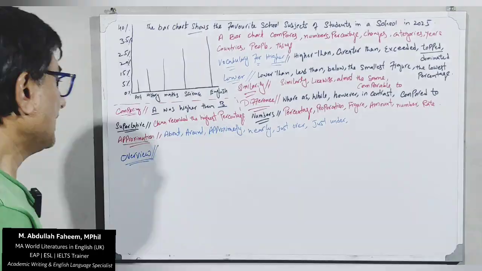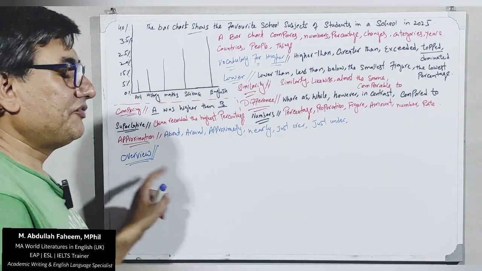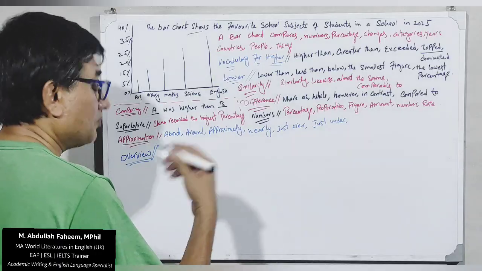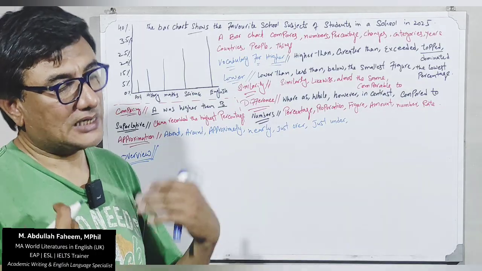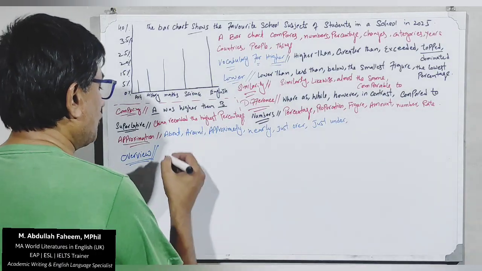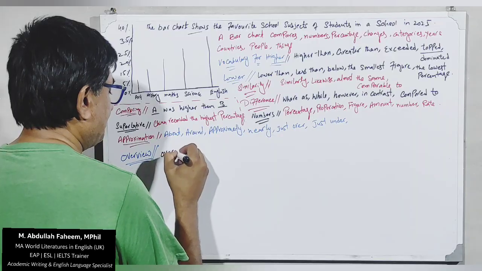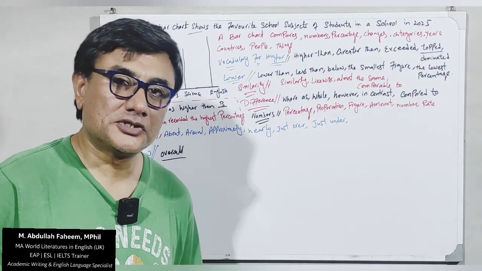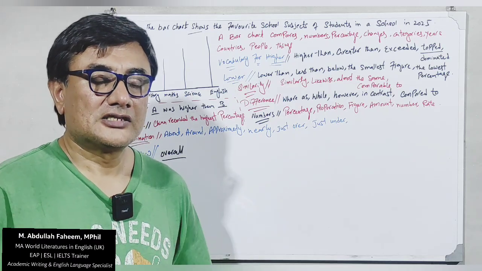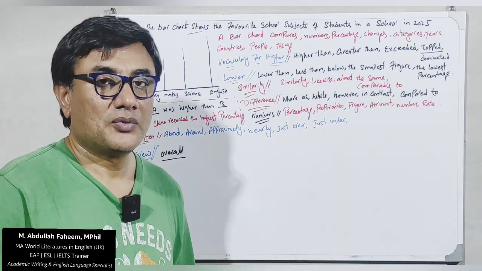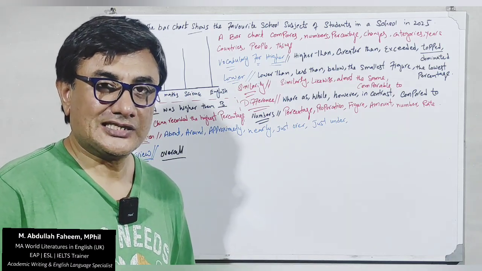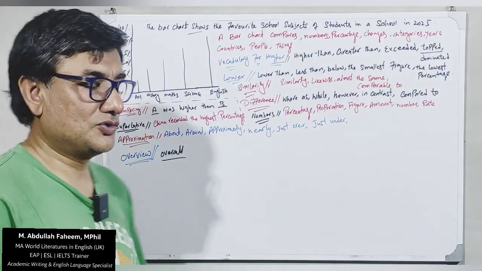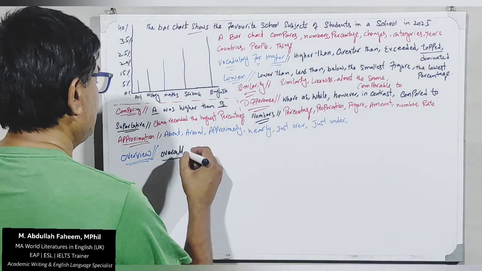Let's move to the overview. Here we have the overview. If you remember from the line graph, everyone recommends that we should write overall, because we are just giving a synopsis, a summary of what's in here, because we have to give original statistics, real data, in body paragraphs 1 and 2. Overall,